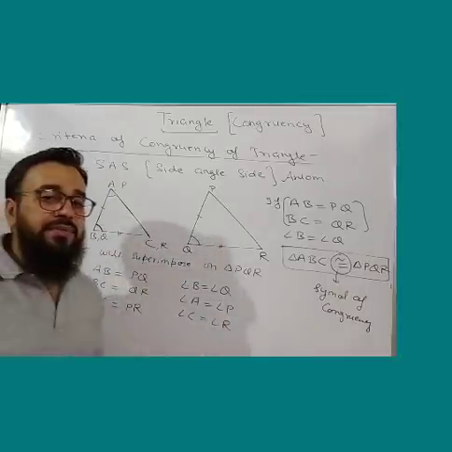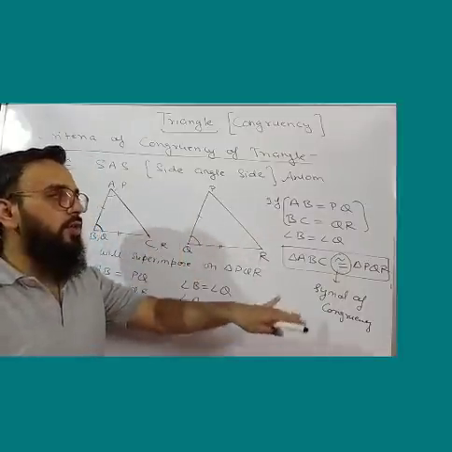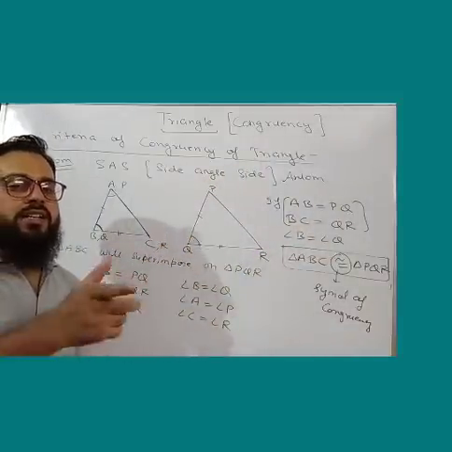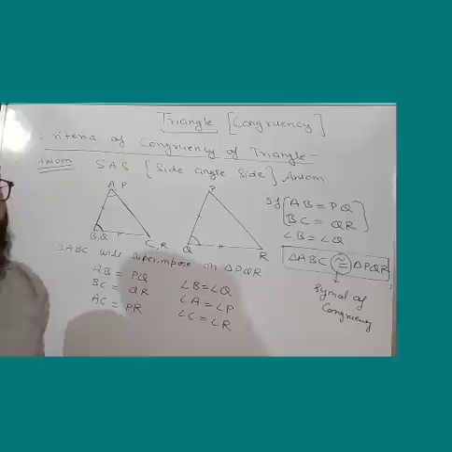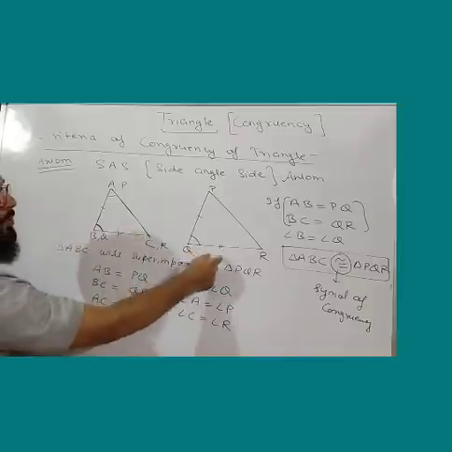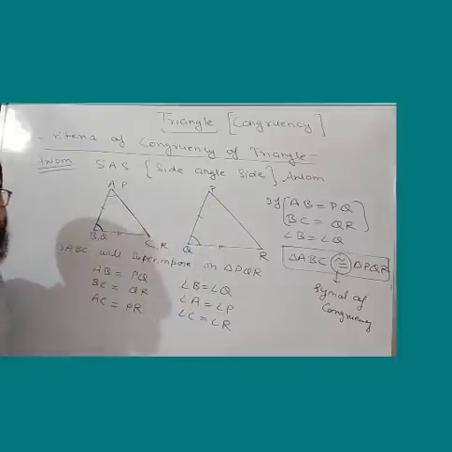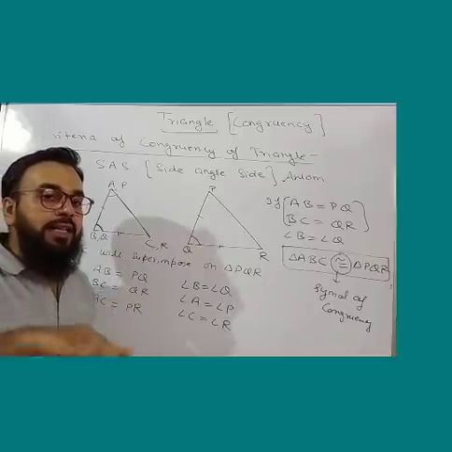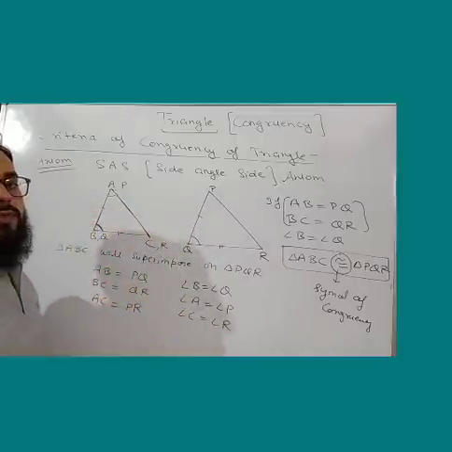It means if we have given any one criteria of congruency, if two triangles are congruent, then it can be congruent by any criteria. We will discuss all the criteria later on. But if two triangles are congruent by any criteria, then all the corresponding sides and corresponding angles of both the triangles will be equal. Means side AB will be equal to PQ, BC is equal to QR, AC is equal to PR, angle B equal to angle Q, angle C equal to angle R, angle A equals to angle P. So three conditions will be given, and you will find out the next three conditions yourself, because when both the triangles are congruent, then the other three conditions will also hold.